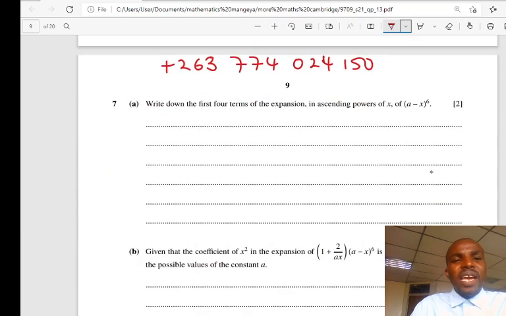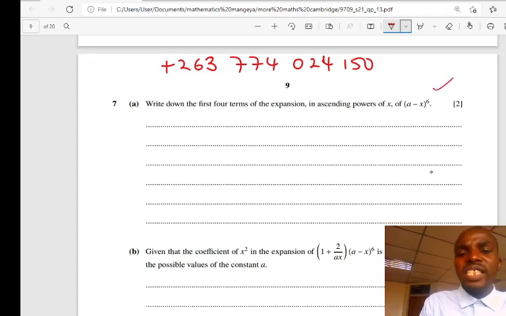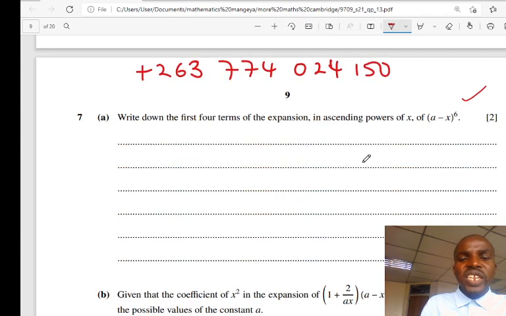Next question. Write down the first 4 terms of the expansion in ascending powers of x. So this one is (a minus x) to the power 6. How can you do it? Since 6 is a positive integer, you can use the factorial way, or the choose way. You say here